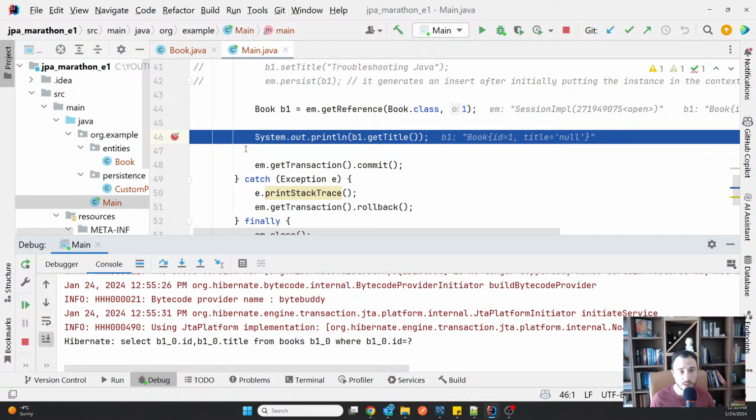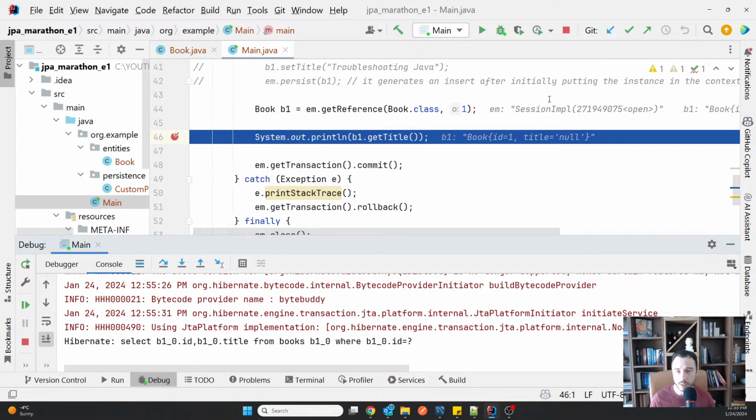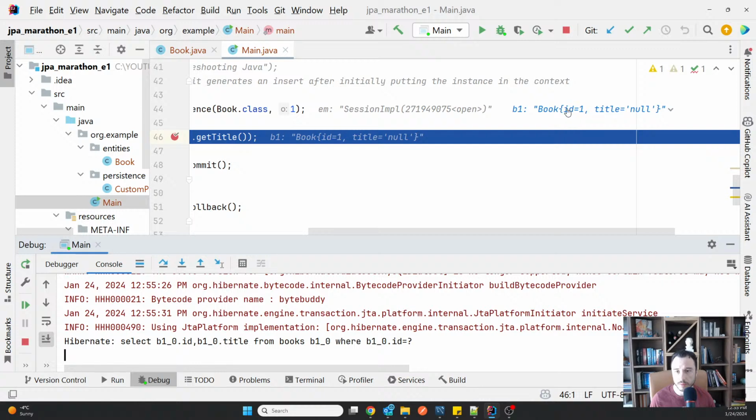It's very strange. So I don't know in this case why this works like that, but it might actually simply be because of the IDE, because you see here the IDE somehow triggered the query to show this on the right side.